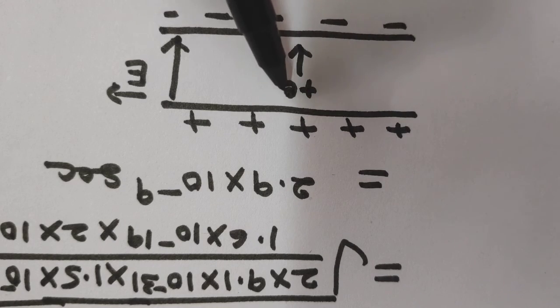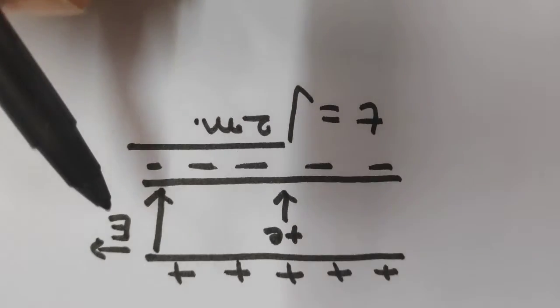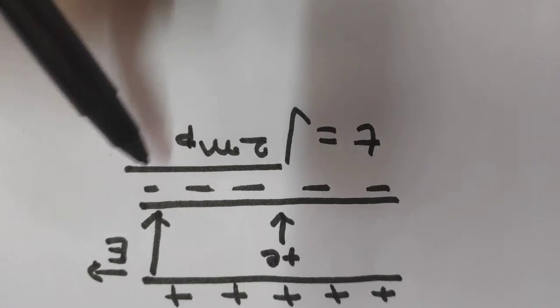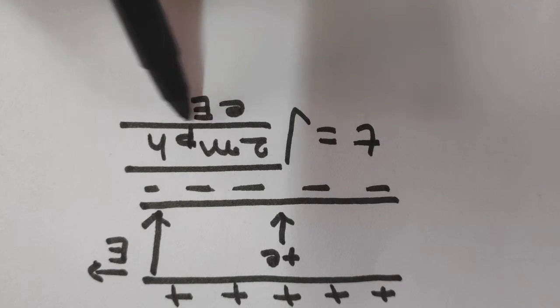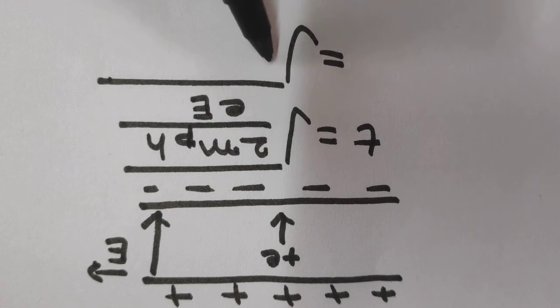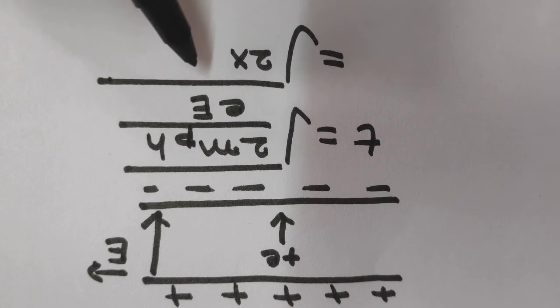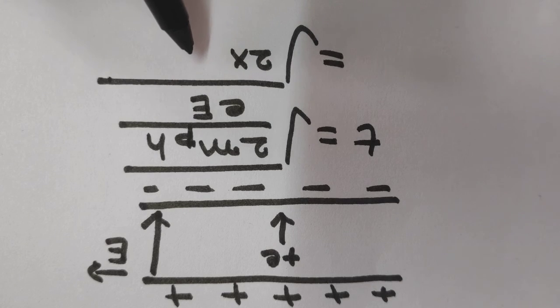Because it is free fall, again the time t equal to under root 2 m h upon eE. Now place the value: 2 into mass of proton, that is equal to